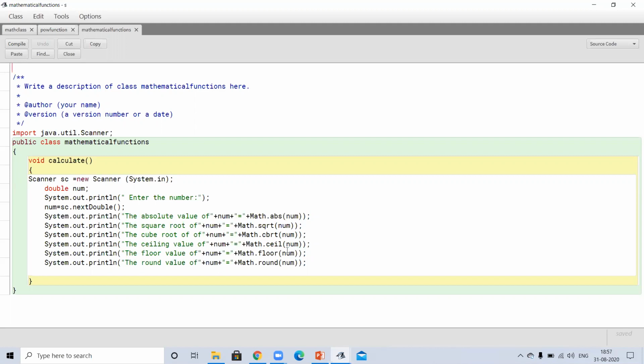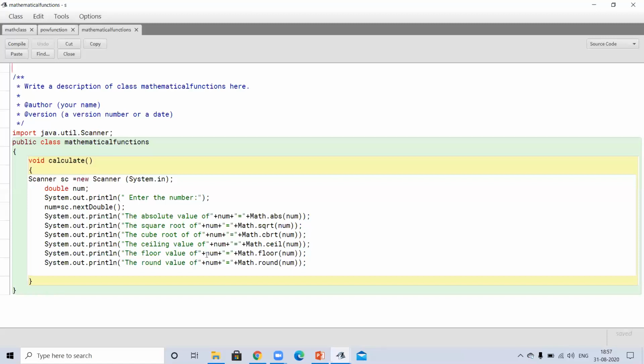And cube root means whichever number you pass, it will return its cube root. Ceiling value, I explained in my class and in my video, will return the next larger value. Like if it is 3.7, the next integer value is 4, so it will return 4.0, meaning the return type will always be decimal. And if it is 3.1, then also the next integer is 4, so it will return 4.0 in that case also. From 3.1 to 3.9, it will return only 4.0.